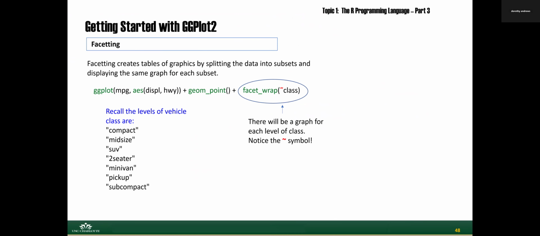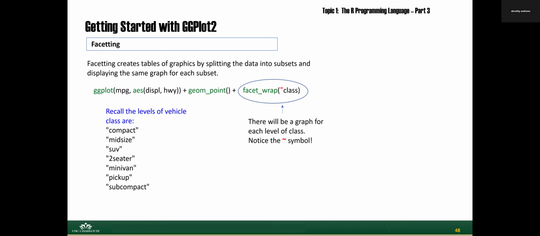Okay, so this is part two of topic one, part three. We'll pick up on slide 48. So we've really already seen what faceting does. We know that when you facet in a graph, you need a